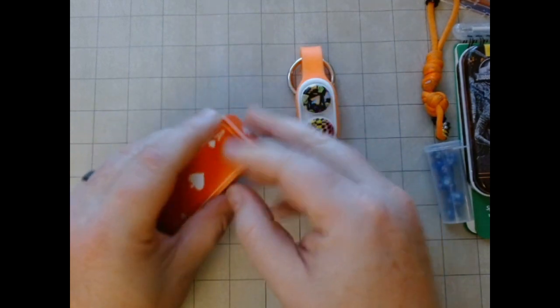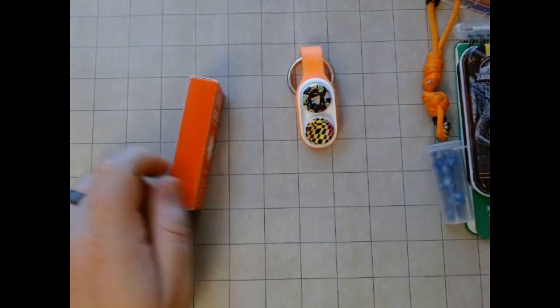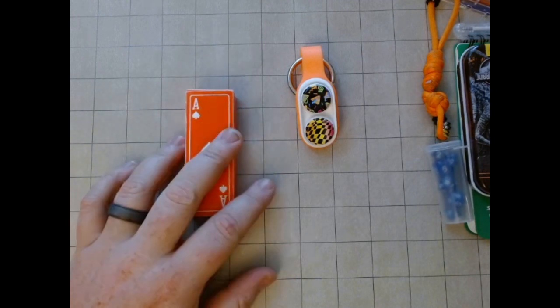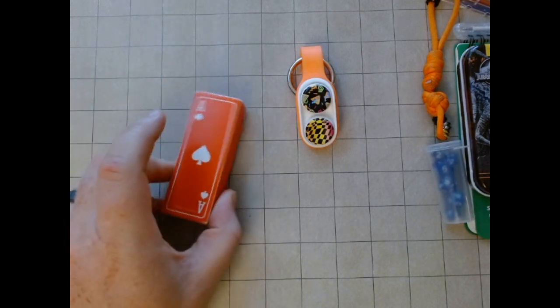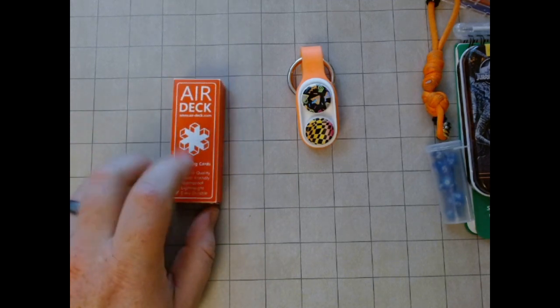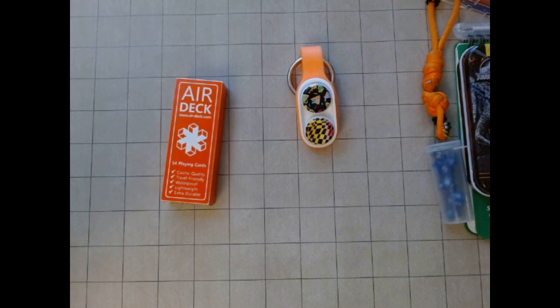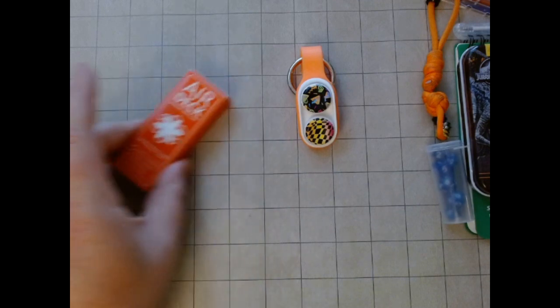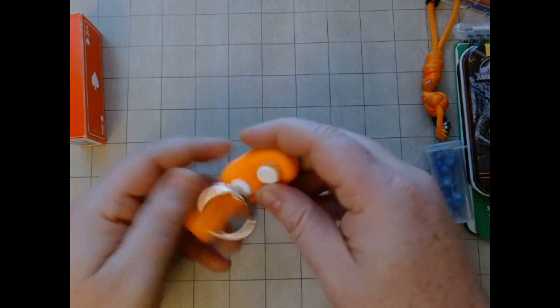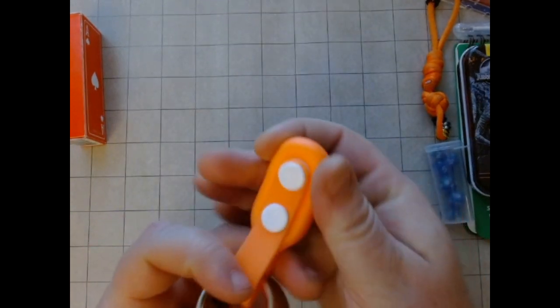And there have been plenty of days where I just carried this in my pocket because I knew that I was going to be somewhere that would need to keep the kids busy and entertained. Yeah, these are actually really cool, Air Deck. I 100% recommend an Air Deck. Even if, say, you want to have something in your car, if you want to keep something in your pack or whatever, pick one of these up. They're pretty cool. The last thing here, this is actually by...